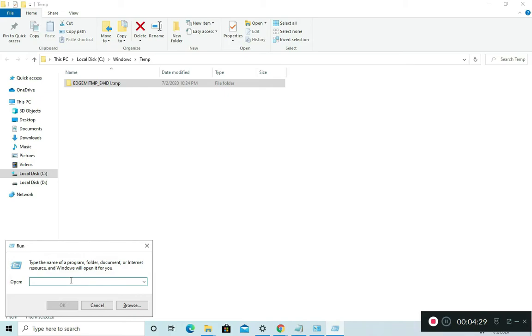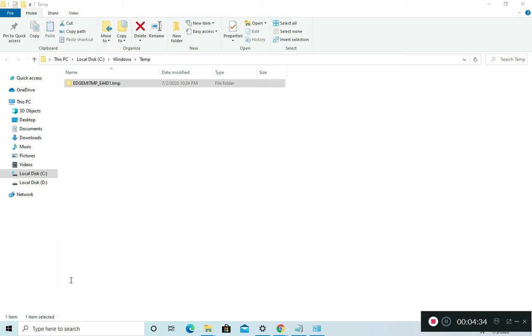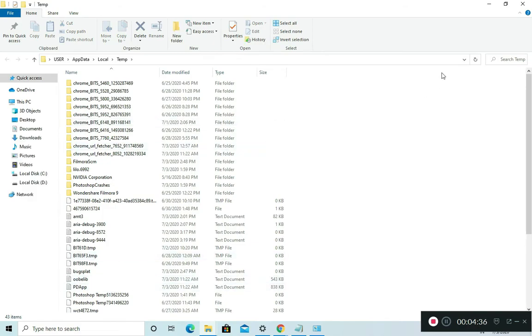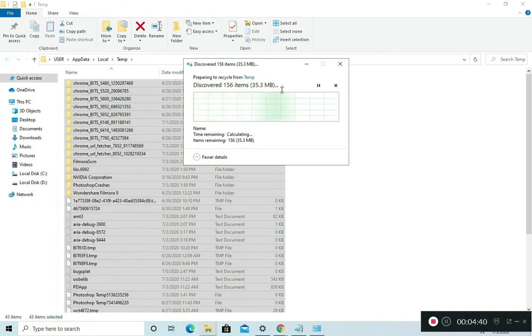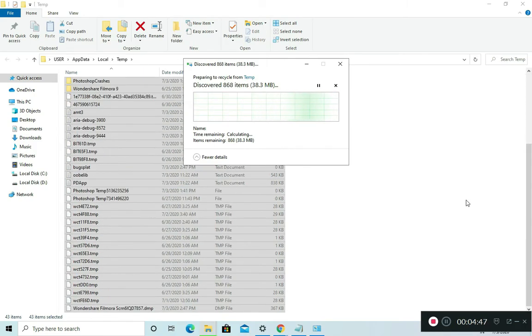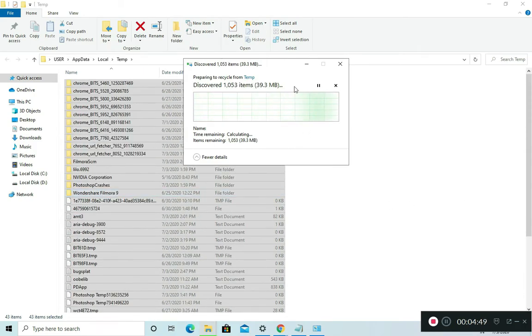So now type percent temp percent, which is very important because there are many temp files available and it will give you even GBs of space. It takes some time, as I am not cleaning it now. So wait for it because there are more unwanted items available on your computer.